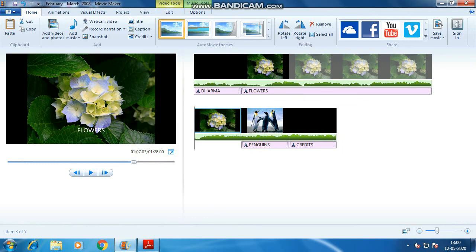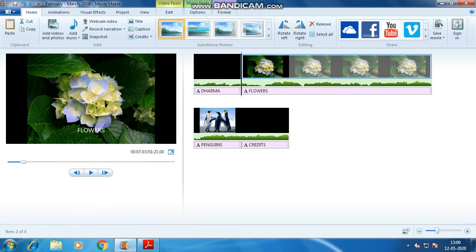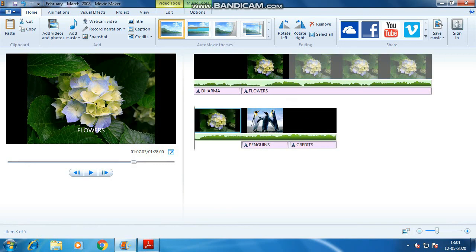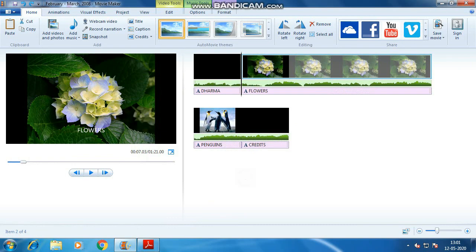See, 7 seconds for one picture has been inserted here. Previously it was 1 minute 21 seconds. Now that the snapshot has automatically been added here, the time has increased to 1 minute 28. So it's added somewhere in between. So I'm undoing it. I'm just telling you how the snapshot works.